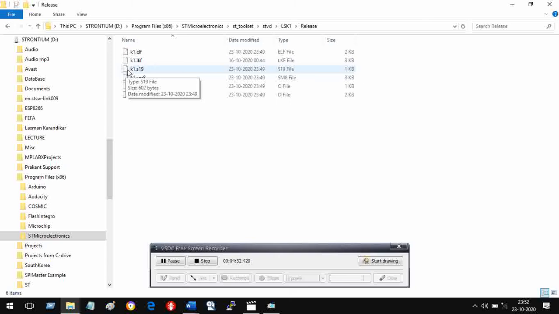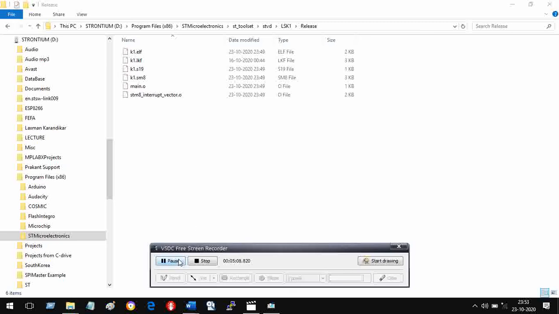So what is the benefit of this? It is useful in production. How? In the production department, you don't have to send source code. All you do is you send this file, and they will make use of this file, and they will not know the source code. So there is a complete intellectual property protection, and they will write this into the product. That is what the release process is. You're releasing the product for production.